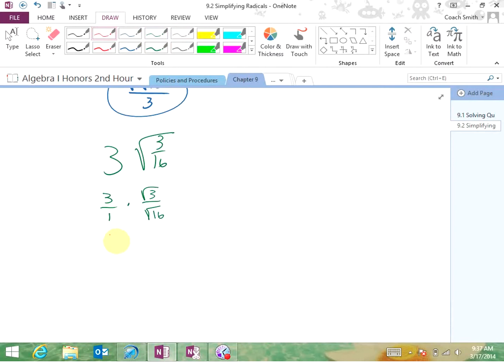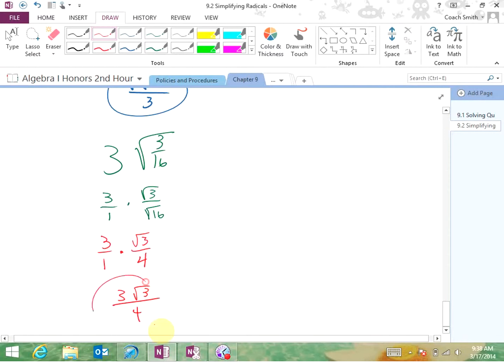what we can do here is 3 over 1 times, there's not a square root of 3. There is a square root of 16, which is 4. Okay, then you just take 3 times square root of 3 over 4. And that's your answer. Okay, don't make it harder than it is. So if we have this,